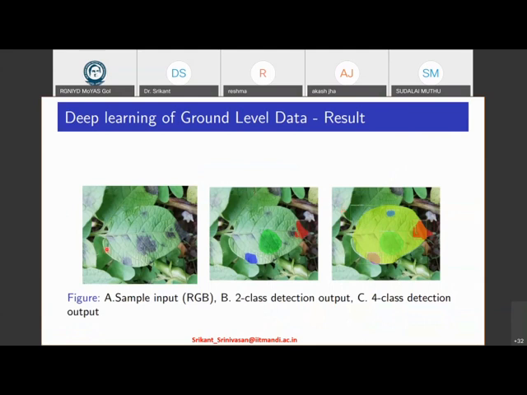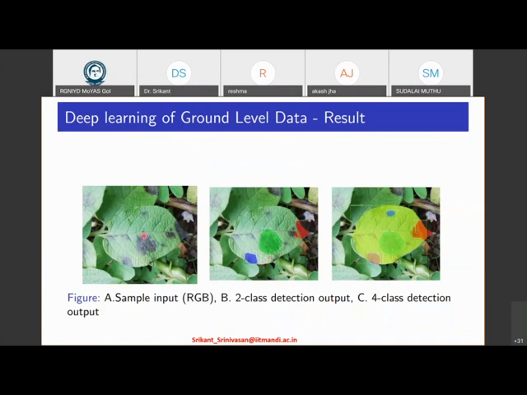So this is like the image. So this is a sample input image. And then we have a detection model which draws these bounding boxes directly on the blight patches. And it's telling you with reasonable accuracy that there is blight. You see, the challenge in this image is that if you see these patches, you know that on potato leaf there is a patch and there is a disease. But the computer sees this patch and it sees the background soil patch and it thinks they are the same. So there are a lot of challenges in this.